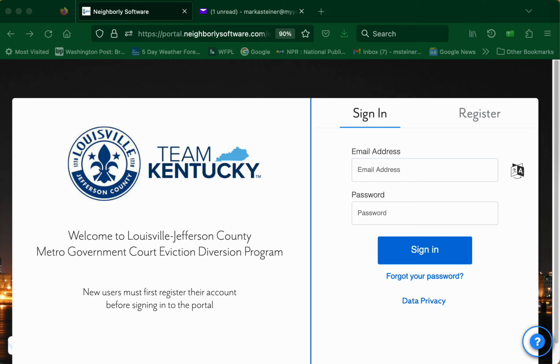This tutorial is designed to assist in the completion of the online Neighborly Emergency Rental Assistance application for qualifying clients who've been referred by an approved community service provider. In order to complete this application, you're going to need the following: